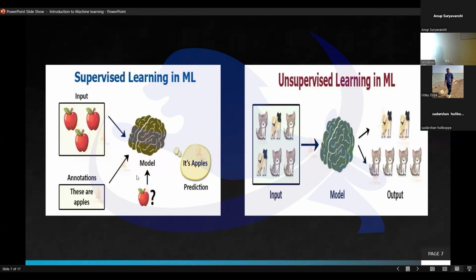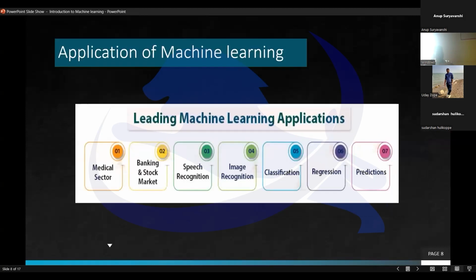So you don't have to worry about these terminologies right now. What is an SVM? What is linear regression? We are going to cover all of those in the future with hands-on practicals. You don't have to worry about that right now. So moving ahead, what we are going to see now,